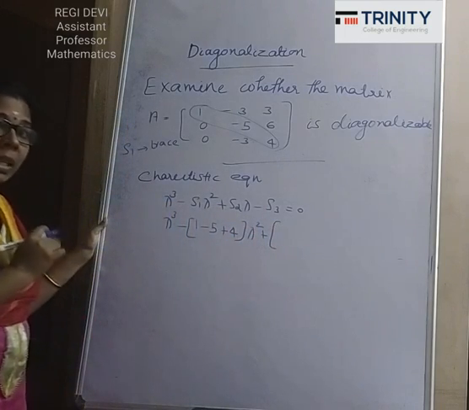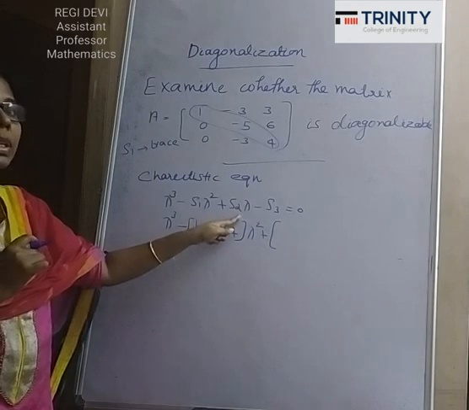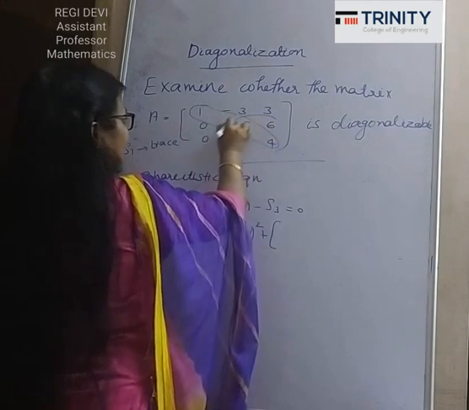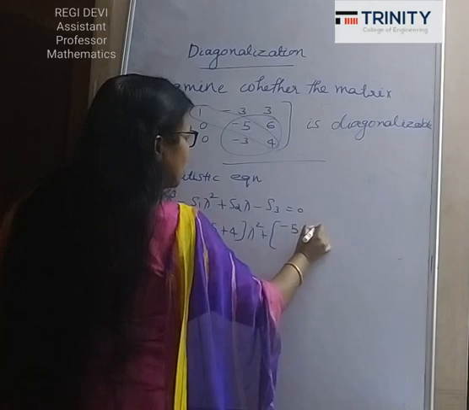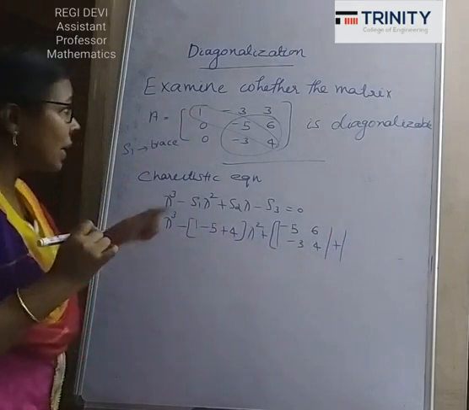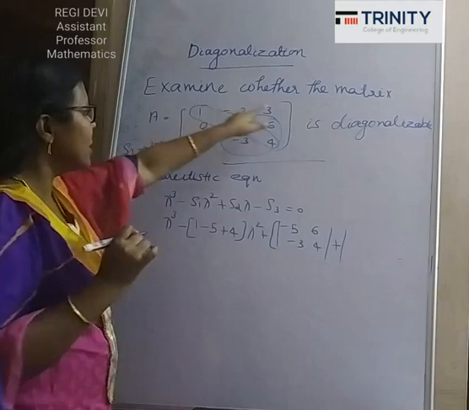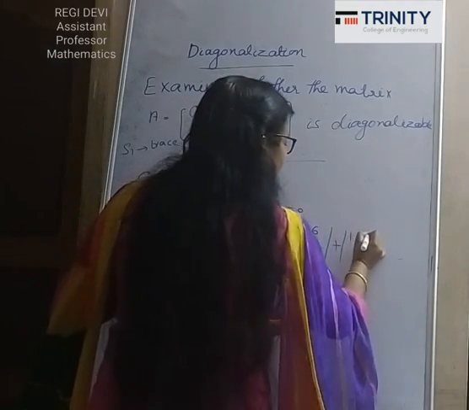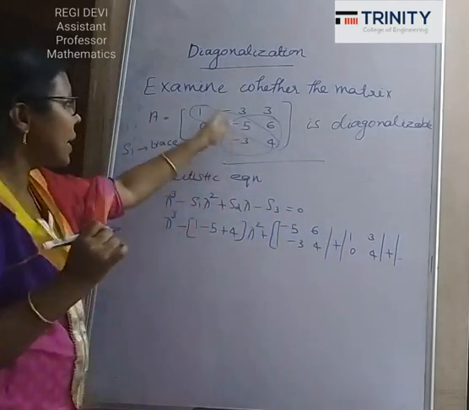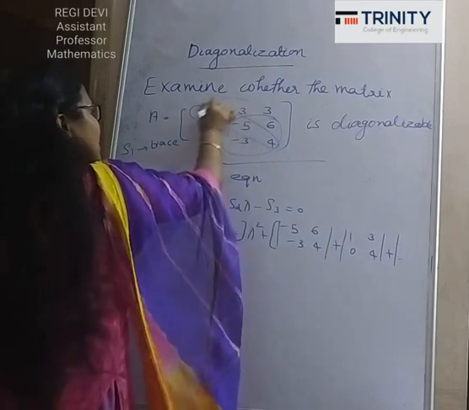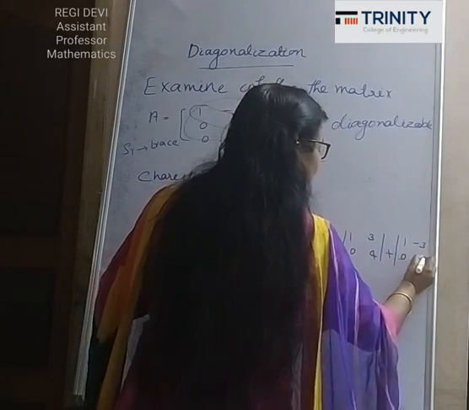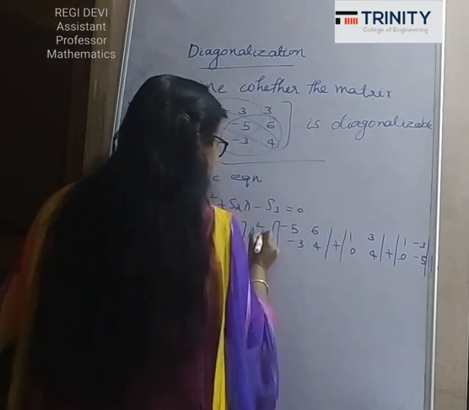What is S2? S2 is the sum of the minors of the diagonal elements. The minor of the first diagonal element 1 is the determinant of minus 5, 6, minus 3, 4. Plus the minor of the second diagonal element minus 5, which is 1, 3, 0, 4. Plus the minor of the third diagonal element 4, which is 1, minus 3, 0, minus 5, into lambda